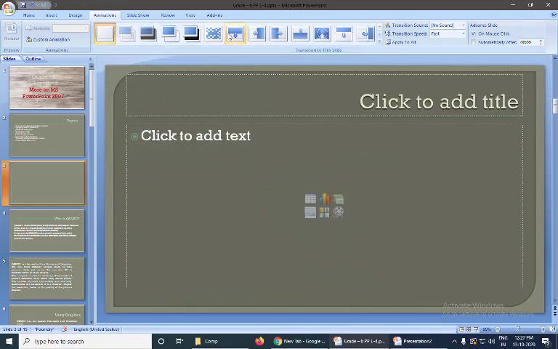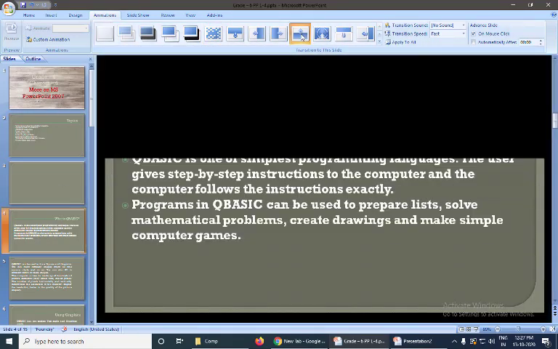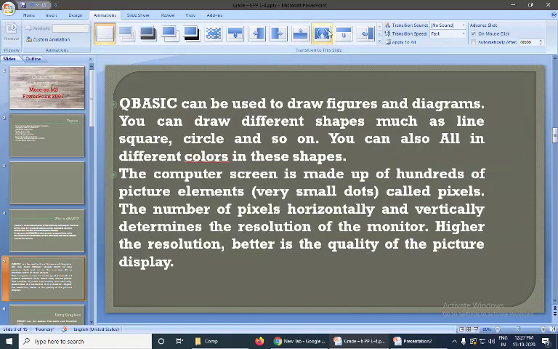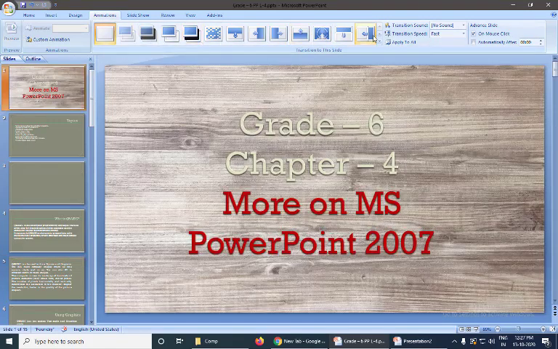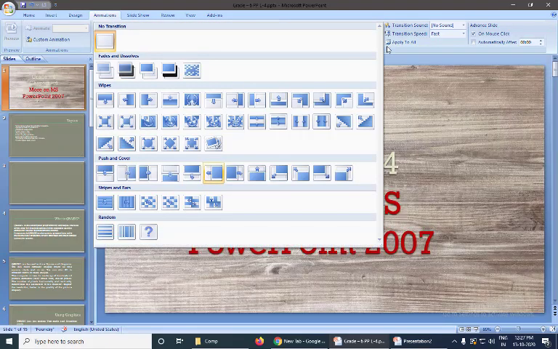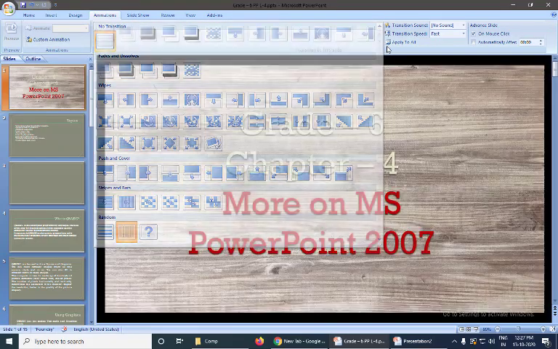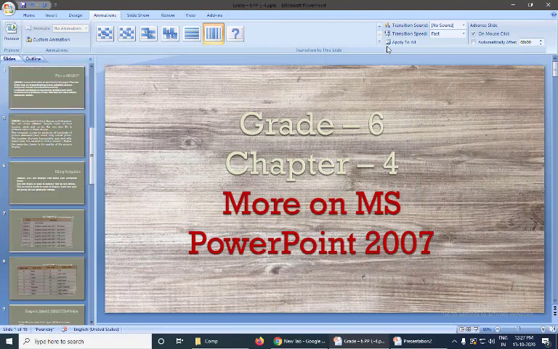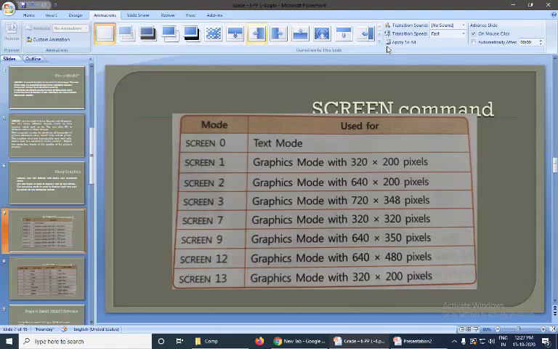Click on this slide, double click. First slide will take something more. Okay, apply. So like this, different transitions can be applied to different slides.